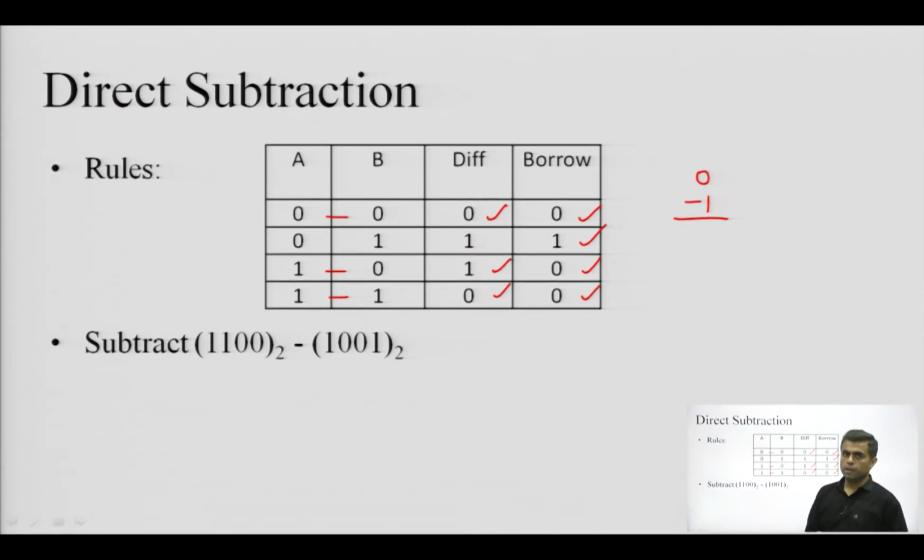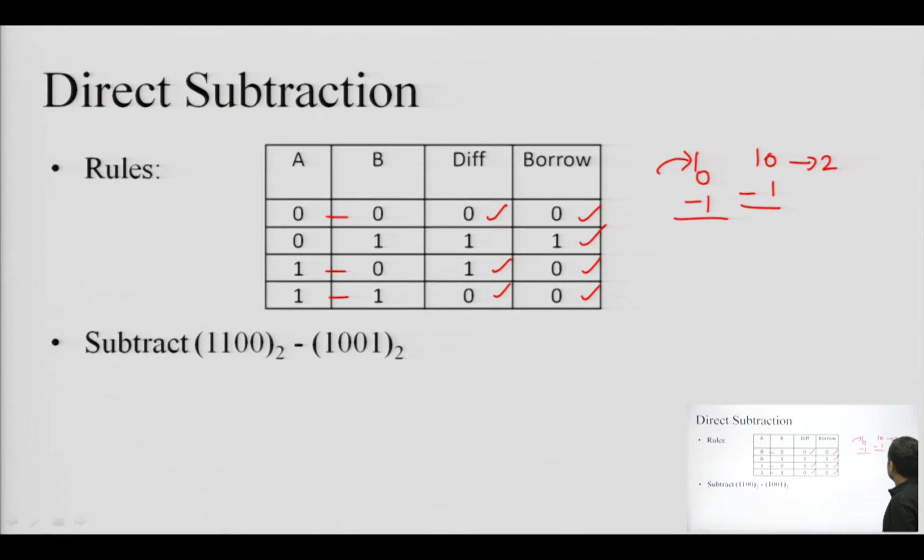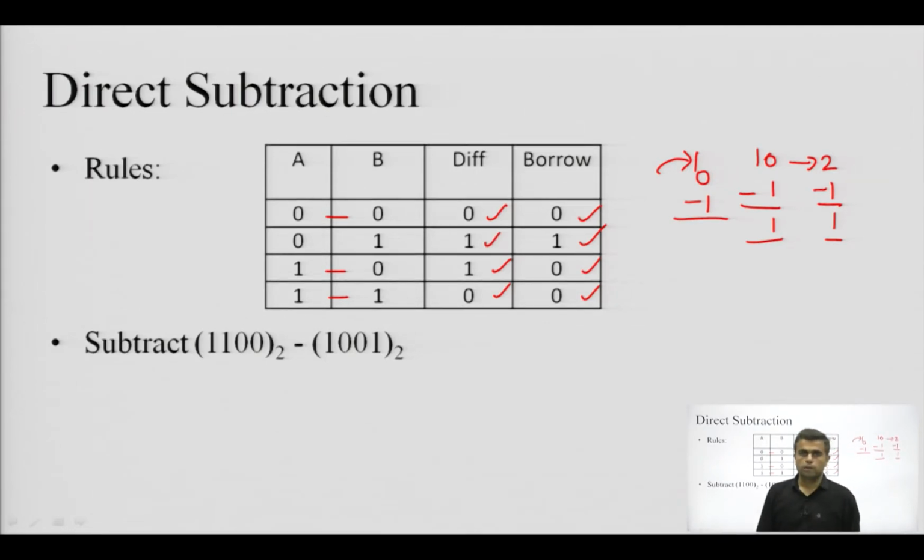Difference I do not know yet, but it is for sure that if I am subtracting a larger number from a smaller number, borrow has to be taken, only then it can be performed. So, that means borrow will be there. Okay. So, if borrow is there, then this 0 becomes 10. And if I compute 10 minus 1, this 10 is actually equivalent to your 2, and if I subtract 2 minus 1, then it becomes 1. That is why it is written difference is also 1, borrow is also 1. So, using these set of rules we can subtract these two binary numbers.